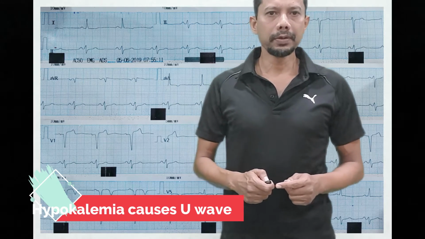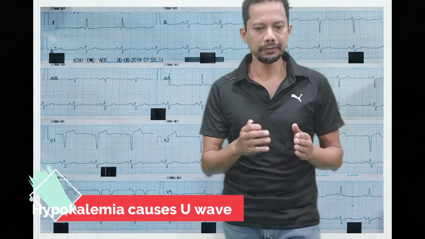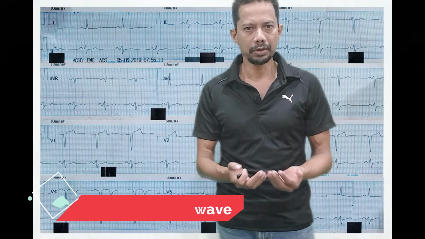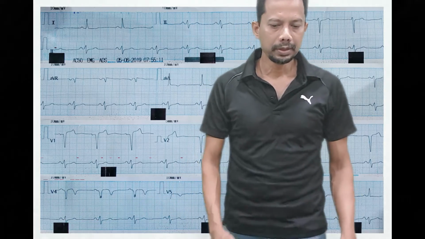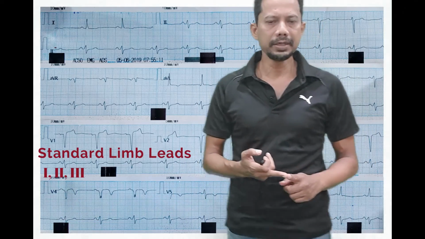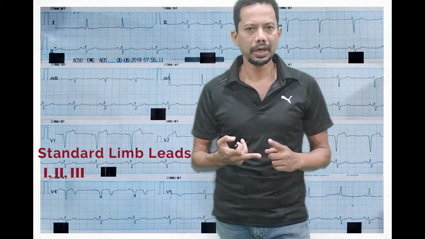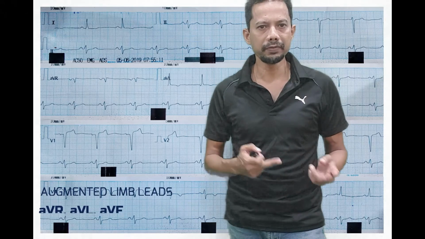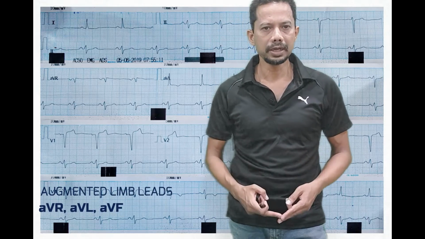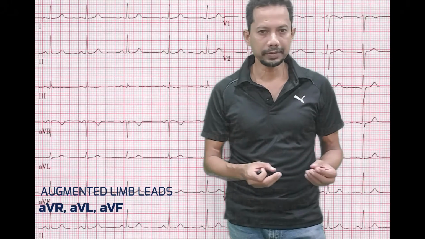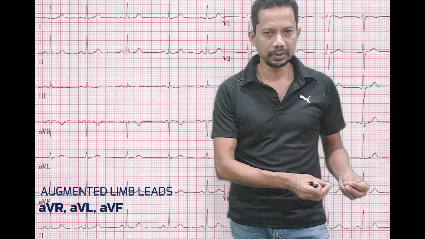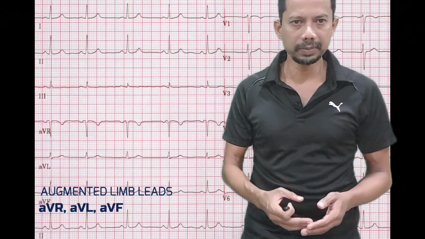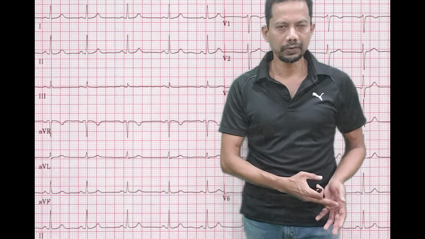In this video, we will be discussing the different leads which are used to get the recordings on the ECG paper. There are 3 standard limb leads, lead 1, lead 2 and lead 3. And there are 3 augmented limb leads, AVR, AVL and AVF. I will not go into the technicality of it because you might not find it interesting. Everything is written in the books. I will be giving a practical approach to the importance of all these.